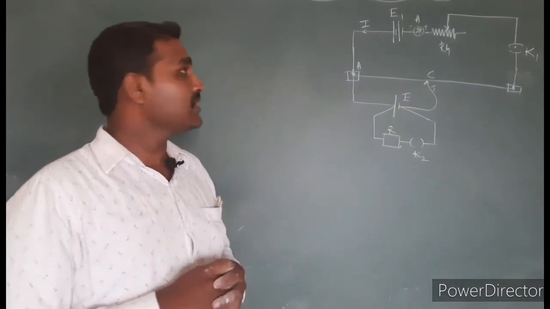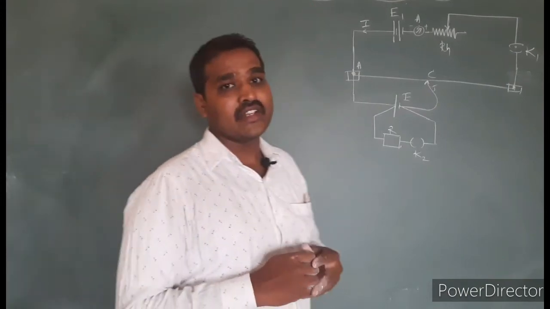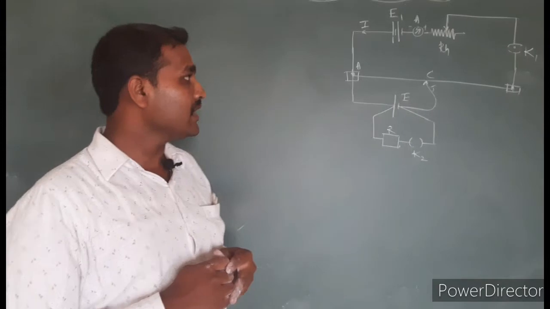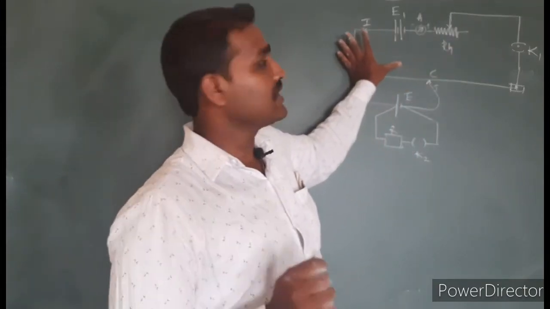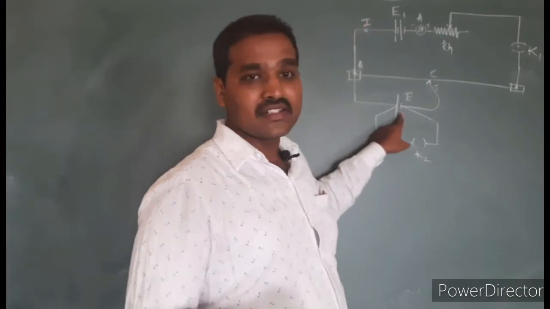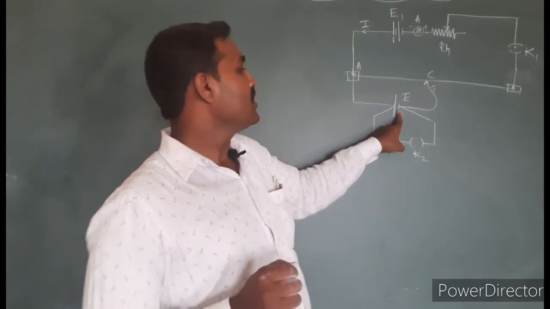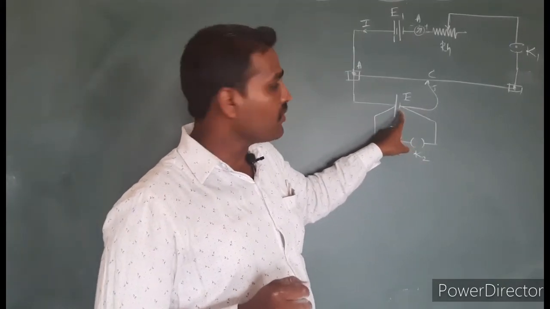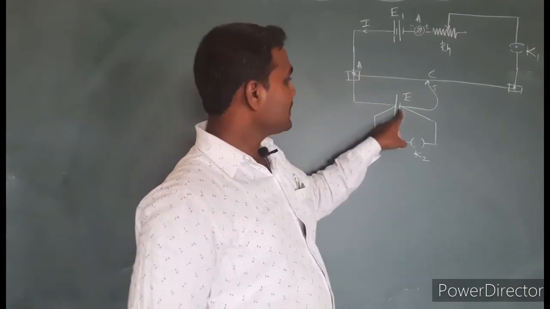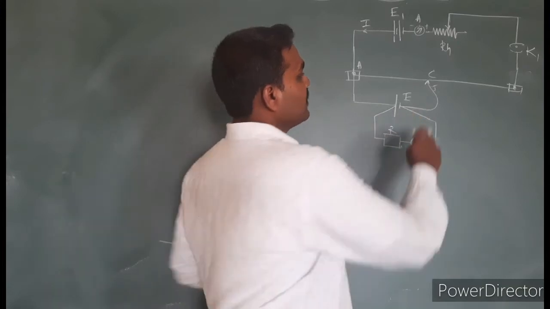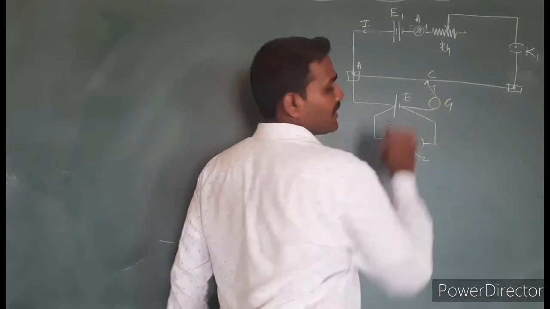Next we have another interesting application of a potentiometer, that is determination of the internal resistance of a cell. See here, this is the basic part of the potentiometer that we have already discussed. Now let us consider a cell of EMF capital E. Now we have to calculate the internal resistance of this cell. This cell is connected to the jockey through a galvanometer like this. This is the galvanometer.